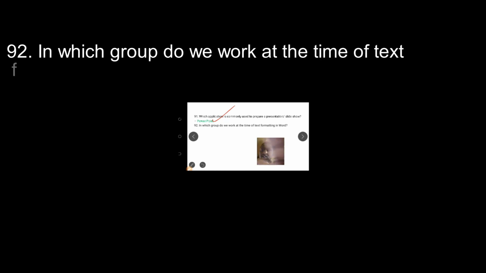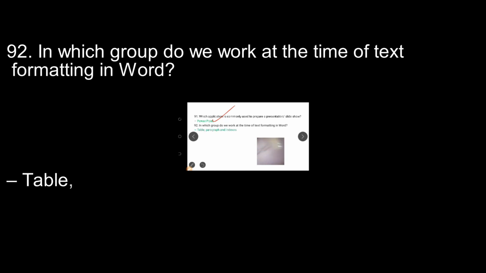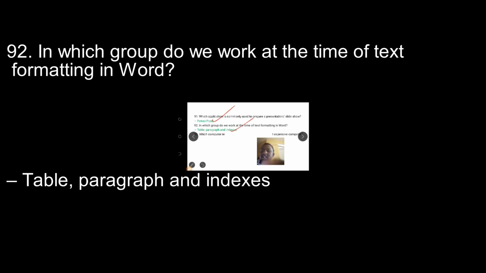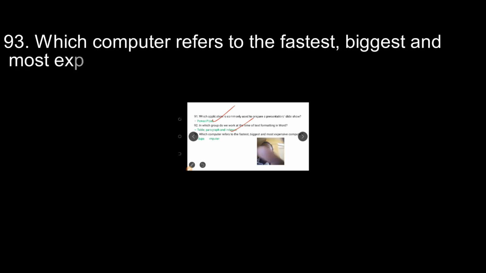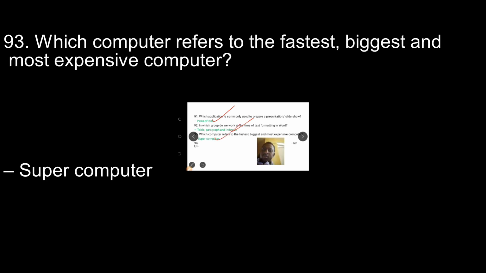In which group do we work at the time of text formatting in Word? Text formatting, tables, paragraphs, and indexes. Which computer refers to the fastest, biggest, and most expensive computer? This is called a supercomputer.